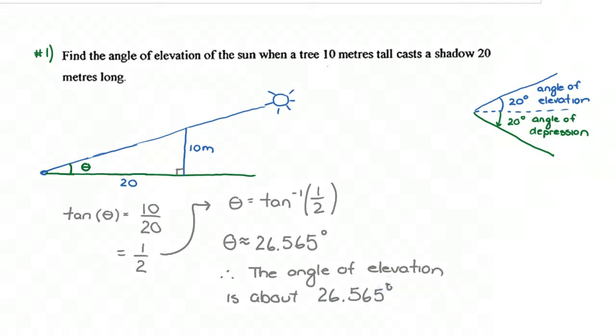So again, the big takeaways from this question is the definition of this term angle of elevation. And we can tie into that the definition of angle of depression. So anytime we see those terms, we think of a horizontal, and an angle of elevation goes up from the horizontal, whereas an angle of depression goes down from the horizontal. Always draw a nice diagram and make it large, because the larger your diagram is, the easier it is to add information to that diagram, which will help communicate your idea